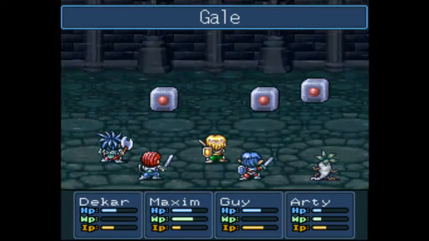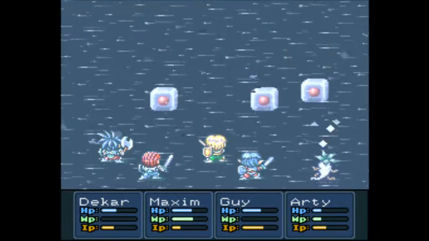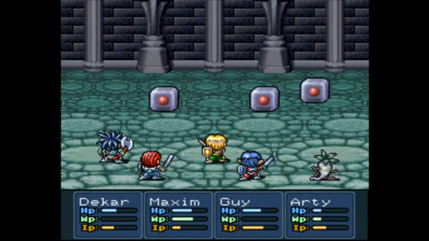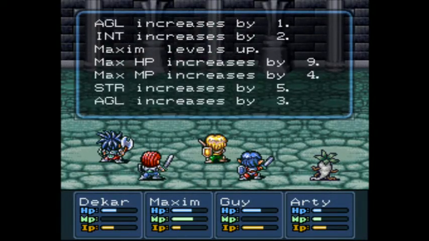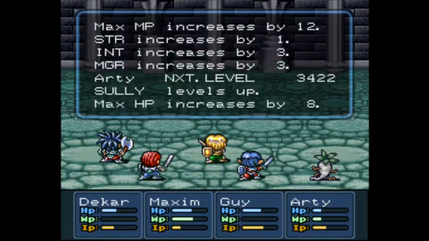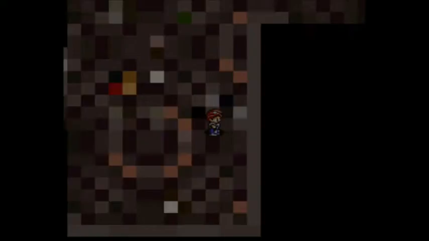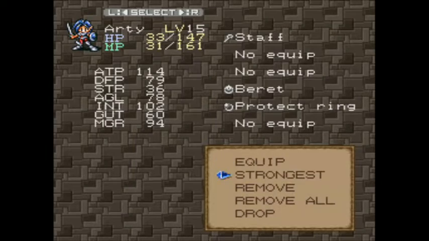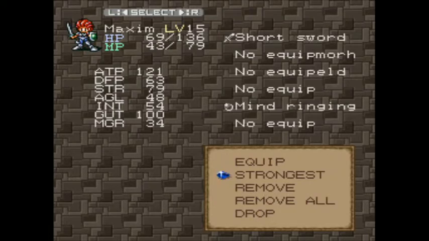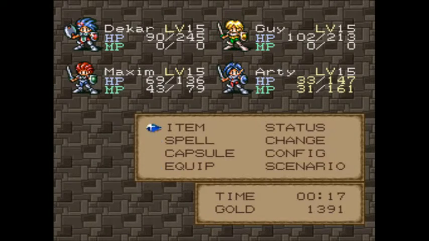Oh my god. Okay. So we're going to get several levels off this. And Sully's actually still in the battle, which is even better. So 15 and 14 there. Okay, let's go. Strongest gear. We're gonna go